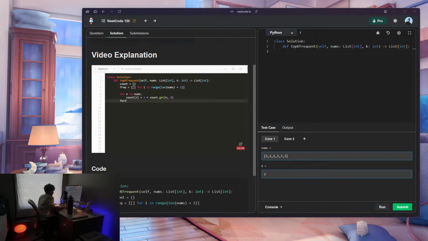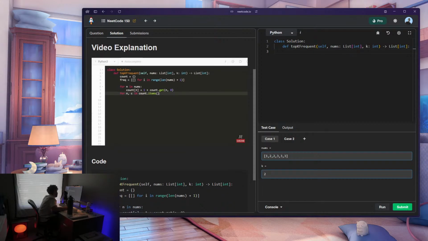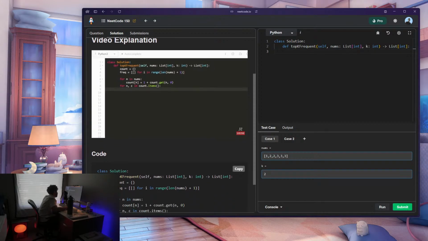Next, we're going to be going through each value that we counted. So n, c in count.items, because that's going to return the key value pair, every single key value pair that we added to our dictionary. And for every key value pair,